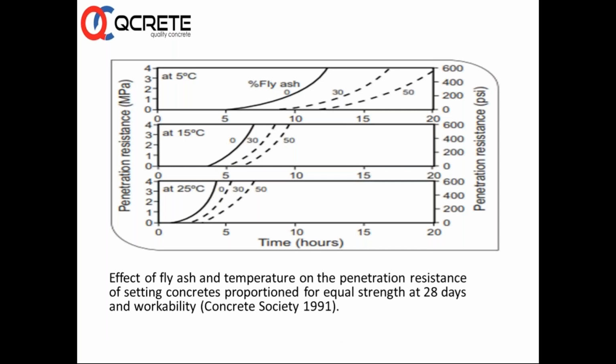Now, moving on to other things. One of the significant impacts that fly ash concretes make is a reduction in the heat of hydration that they produce when blended with OPC mixes. It is especially useful when you are using mass foundations, huge concretes, thicker concrete, in such situations where the temperature has to be controlled, you need to blend